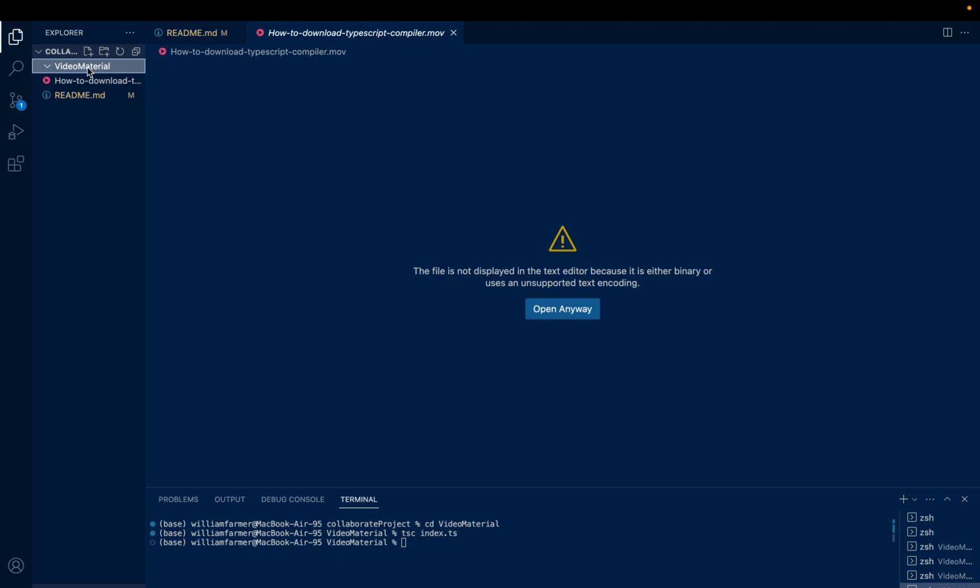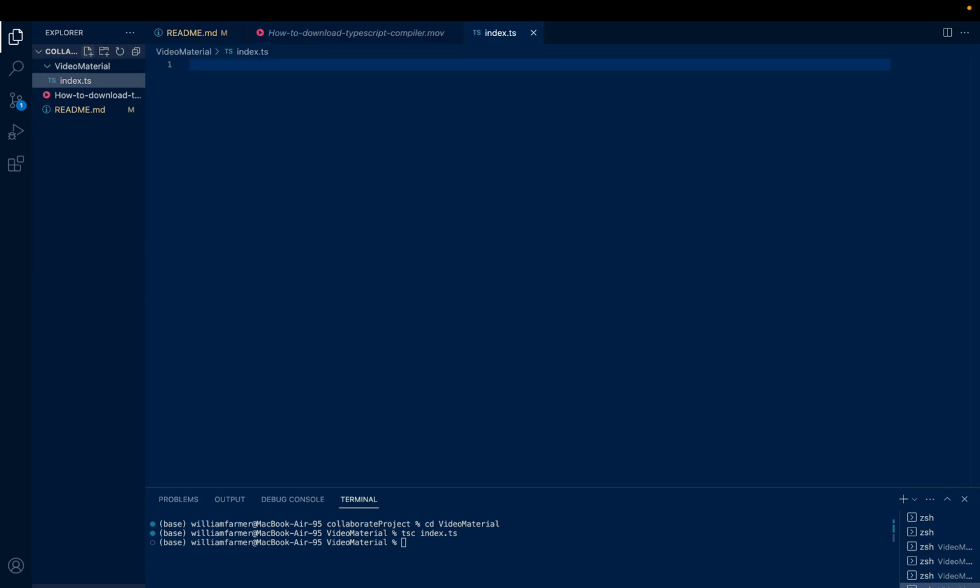Firstly, I'm going to create my index.ts file. Then I'm going to write an instruction, console.log("hello world"). Don't forget the semicolon. I'm going to save the file. Now you'll notice how this is the exact same as the JavaScript instruction. This is because TypeScript is built on top of JavaScript, and as a result we say it is a superset